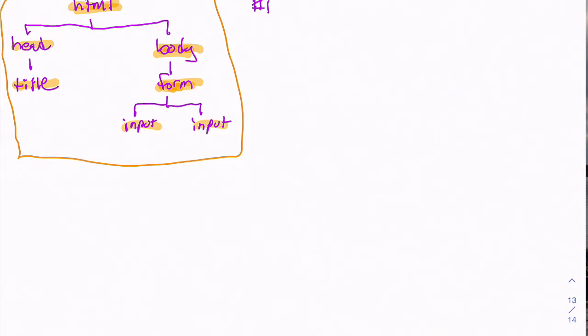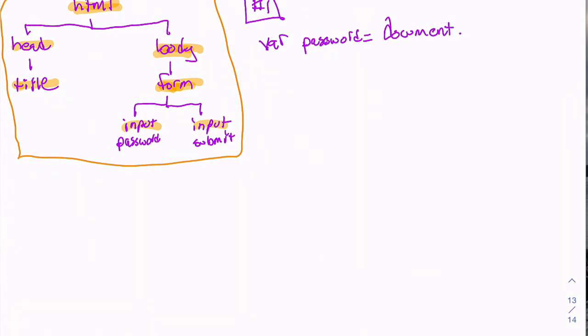So mechanism number one. In JavaScript code that I write, I could say var, let's say I wanted to go after, I'm going to just label these. This is the password, and this is the submit button. Okay, so let's say I wanted to go after the password field, because I wanted to write some code to check the password field. So how would I do that? Well, I could create a variable, call it password. I can call this variable anything I want, and I can say it's equal to document.forms